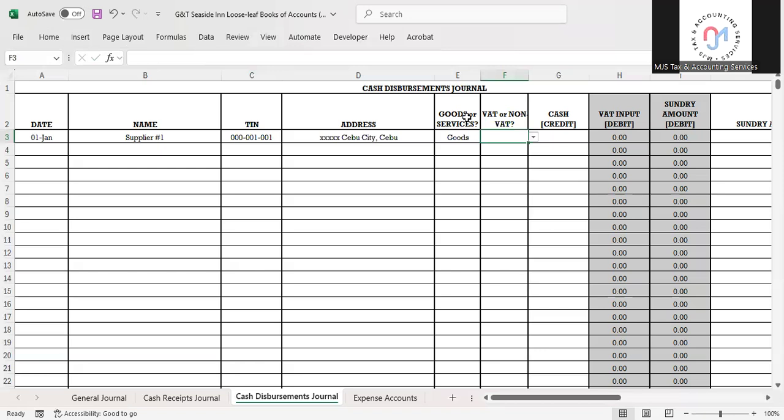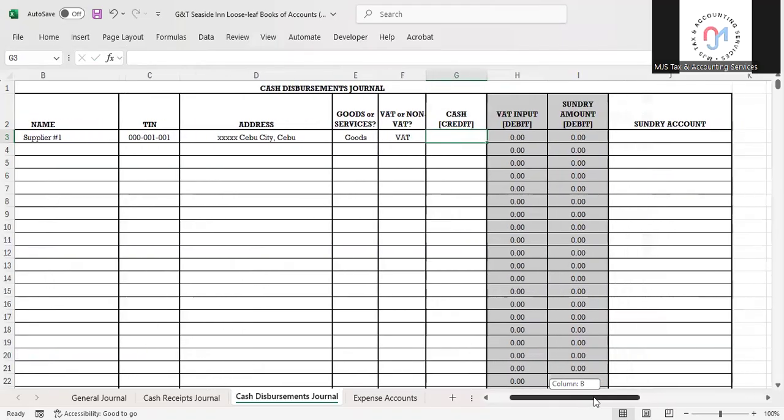Just choose goods. If you're paying for something that is tangible, meaning you can see, feel, and touch, like for example, if you buy inventories or supplies, those are goods. Okay. And let's also assume that supplier number one is VAT registered, and so we choose VAT here. And let's further assume that we paid 5,000 to that supplier.